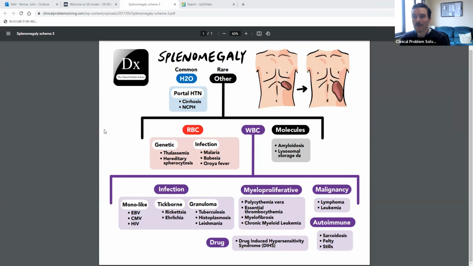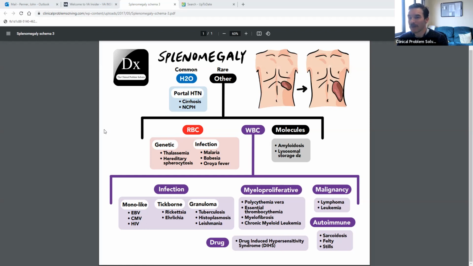And I think we have a number of reasons to suspect that here. One, we have a syndrome of systemic inflammation. Two, we know we have viral particles within the bloodstream. And then three is that we have some signature of underlying systemic malignancy, with the LDH being very, very high. And so if we ask ourselves, well, then what are the things that could cause this? We can have infections, which can include things like EBV, CMV, and HIV, right? So the CMV viremia could certainly explain the splenomegaly here. But then there's also things like granulomatous diseases as well as tick-borne diseases that can do it.